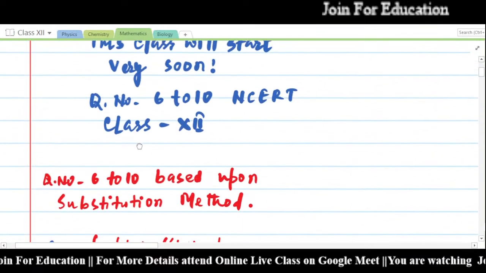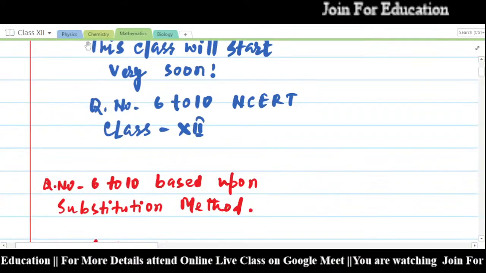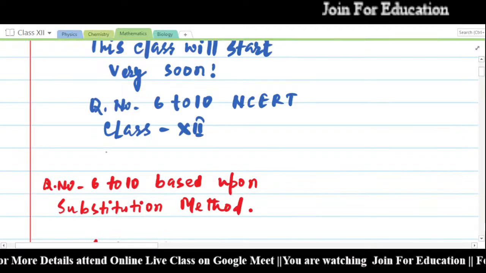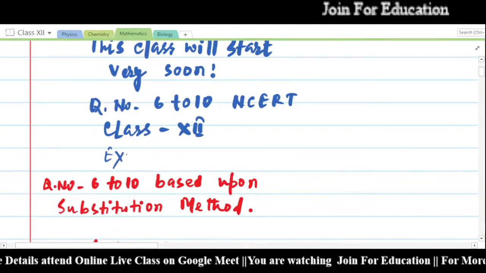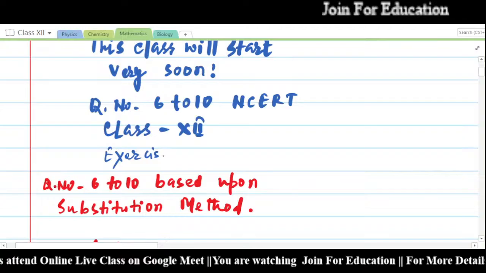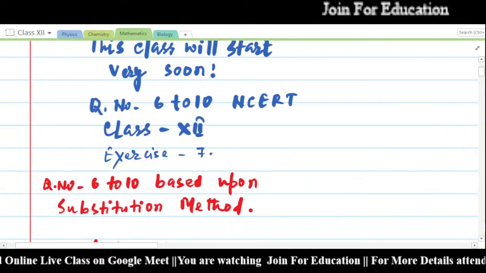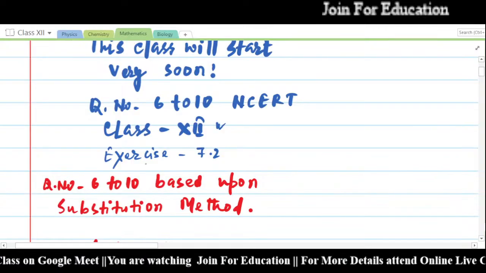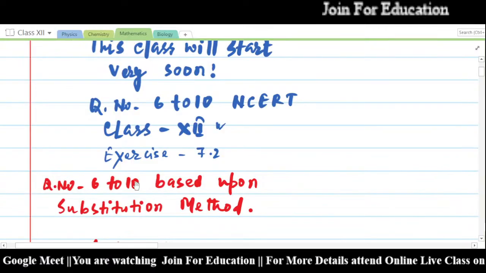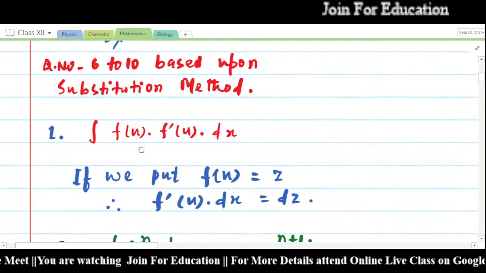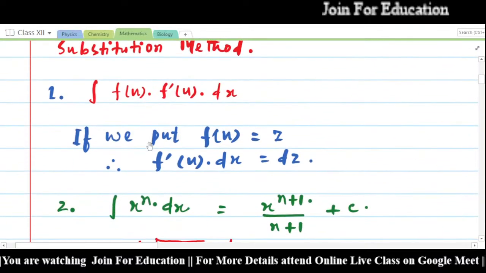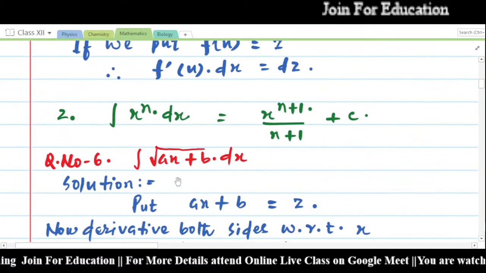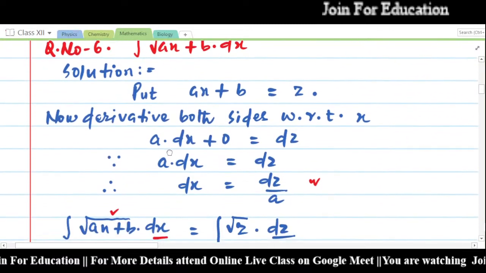आज question number 6 to 10 कर रहे थे। Exercise आपका 7.2 था, class 12 है और subject आपका mathematics है। सारा का सारा question substitution method पर based था और ये formula number 2 पर based था। ये आपका question number 6 है।